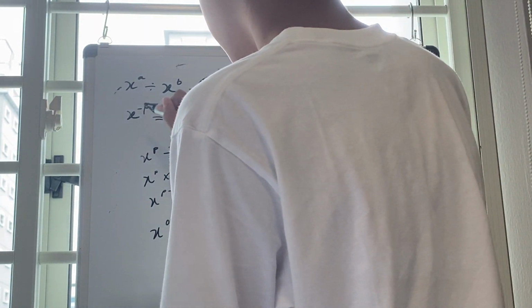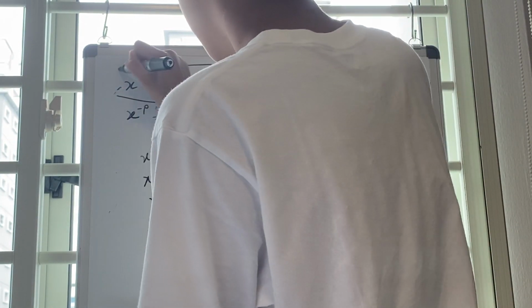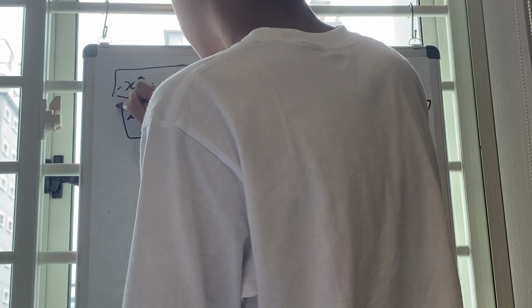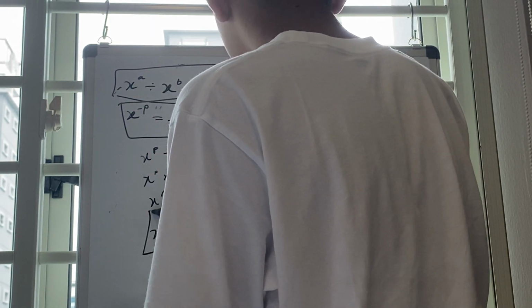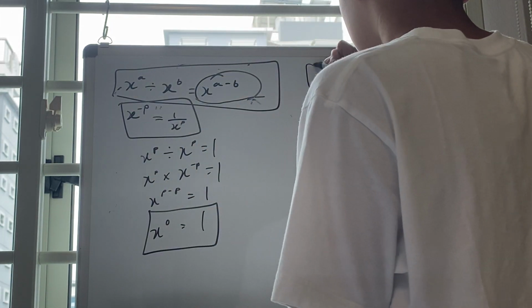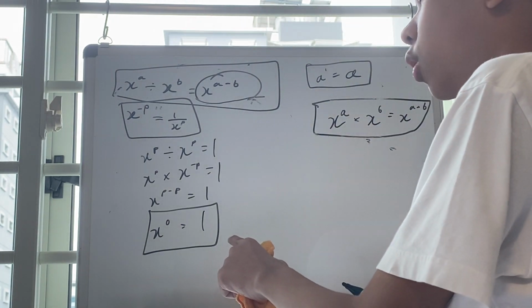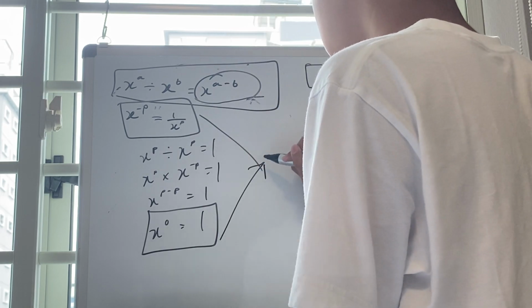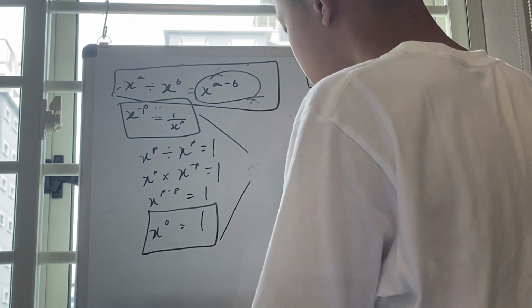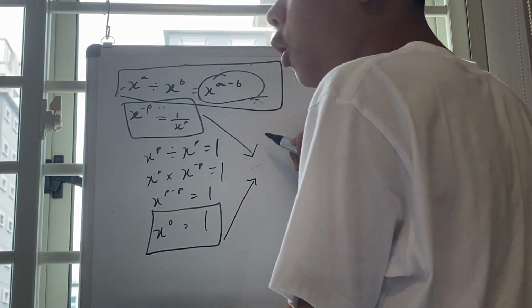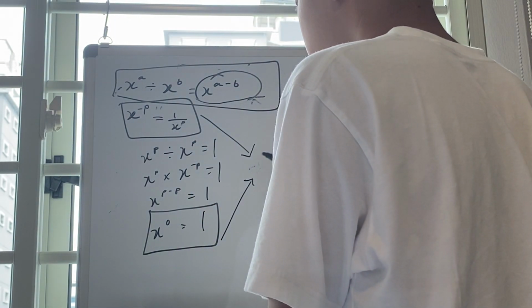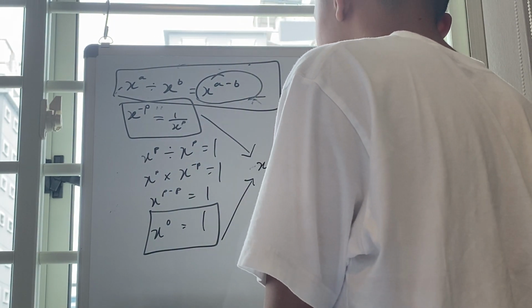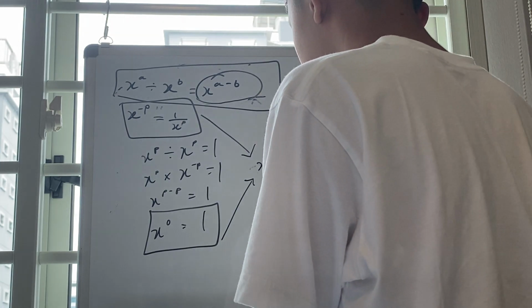So we can just put all the laws in a box. I'm going to highlight it. But there's just one exception. These two laws will not work if x equals 0, because